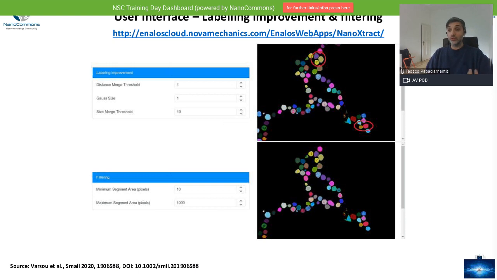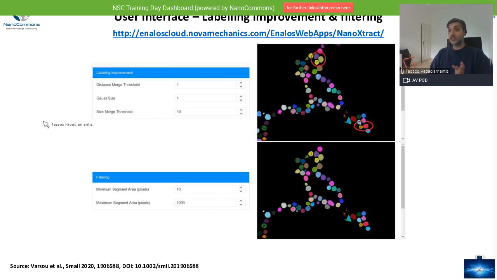So here, what you can do is improve the thresholding, how the tool will identify and divide nanomaterials accordingly. You have 3 parameters that you can use. The first is the distance merge threshold, which tells you the minimum distance to use in pixels.